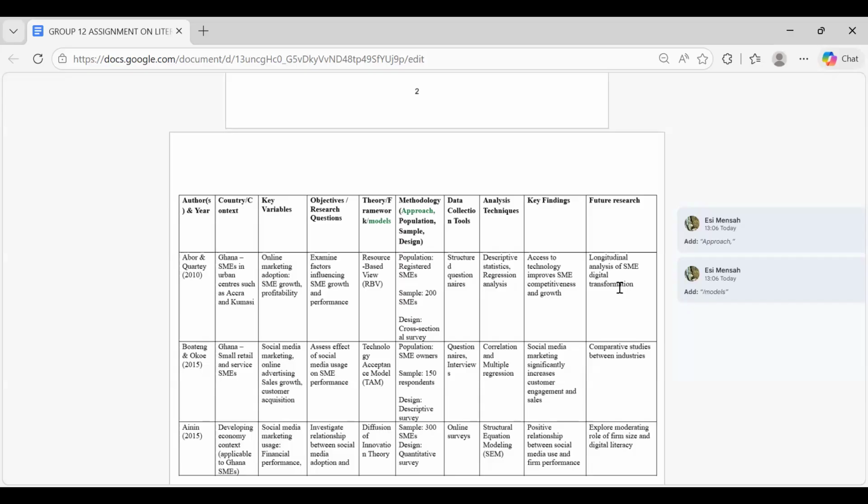Madam, please, from the key findings. Where else? Methodology and data collection. Madam, tools. Please, objectives. What objectives, please? So from methodology, data collection, analysis, key findings, and recommendations for future research. So if you look at it critically,